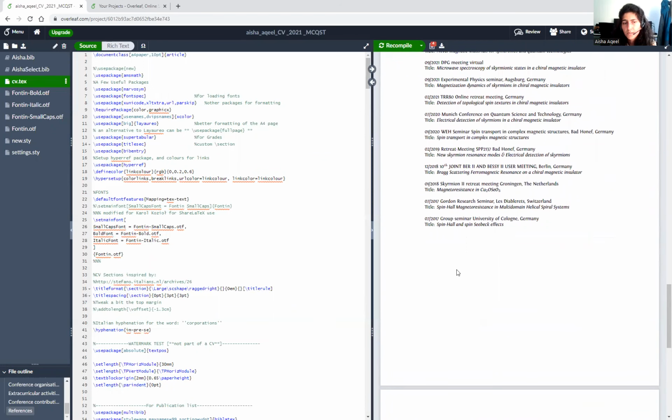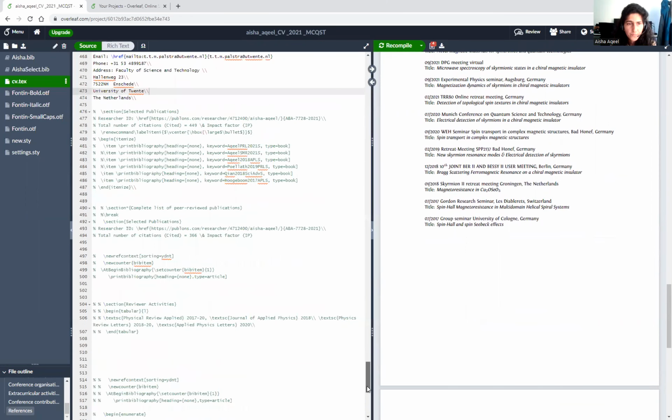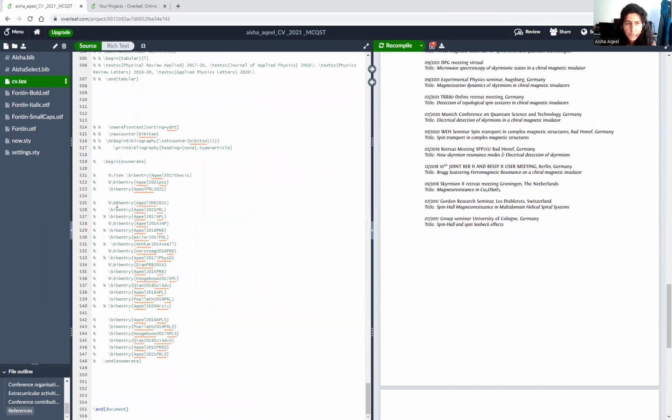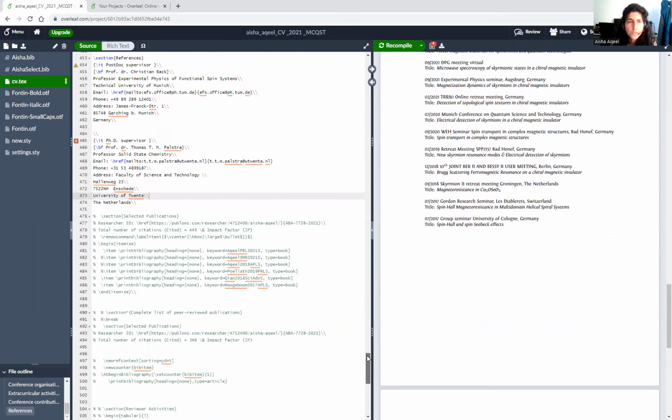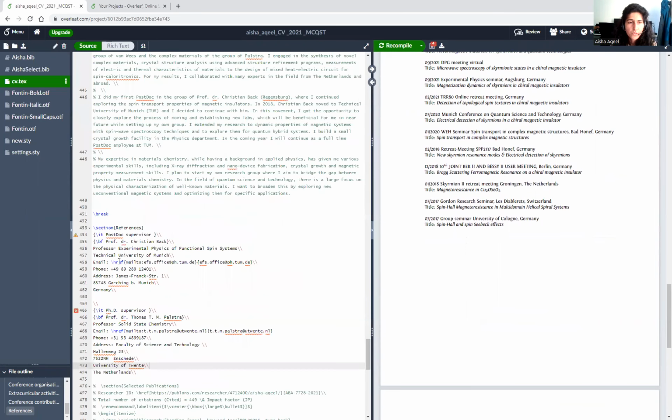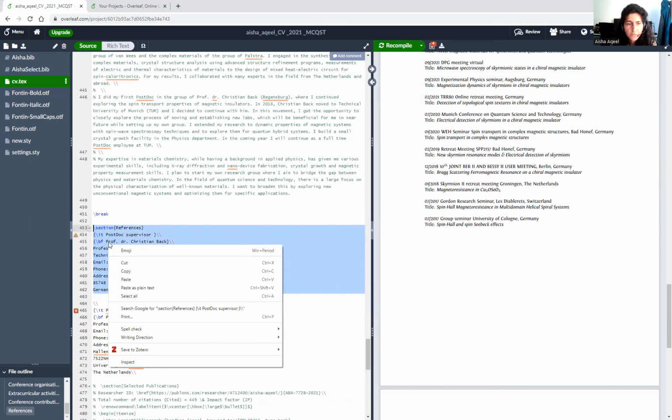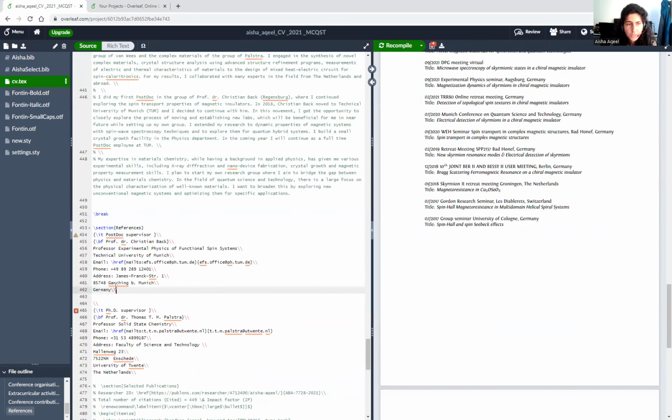So I can just comment my bib entries, my publication list, or I can uncomment them depending on where I want to send it. And if you want to put references or you don't want to, you can just comment and uncomment your text, and everything just works.